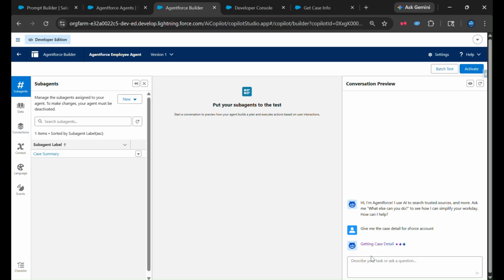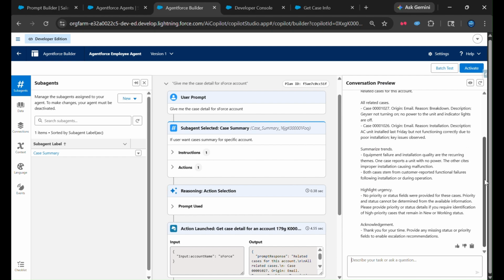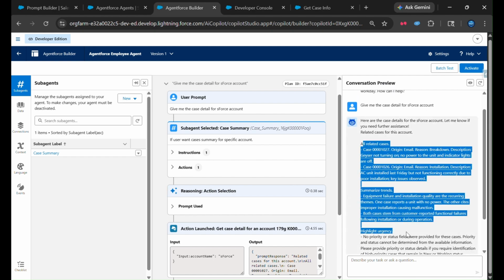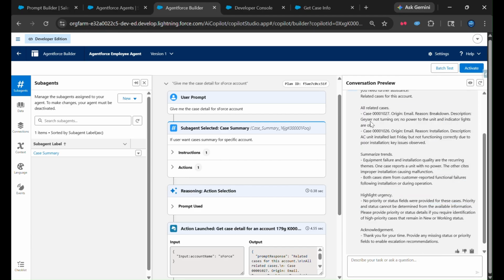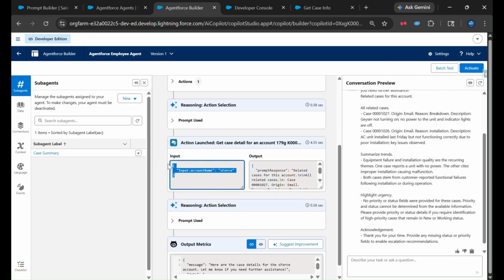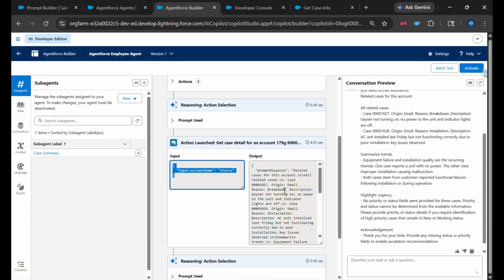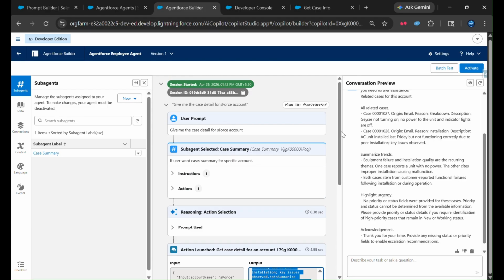Now you can see getting case detail. This is my loading text. Now it will give you all the related cases for this account. You can see this is a summary of all related cases. This is a case number and this is also a case number. As of now we have only two cases, so that is why it is giving the information about two cases. In the middle screen you can see we have provided this input account name, and in the output we are getting the response in the form of JSON. So you can see how we can utilize the prompt template, or how we can call the prompt template, in